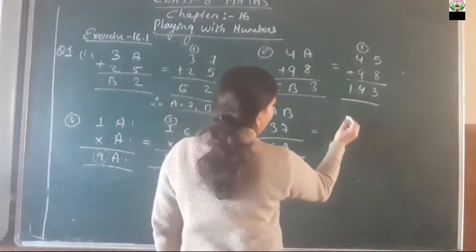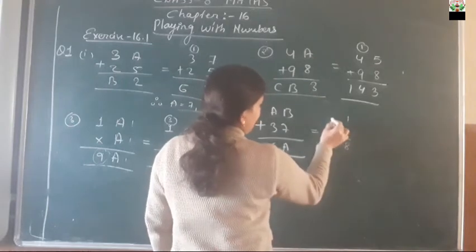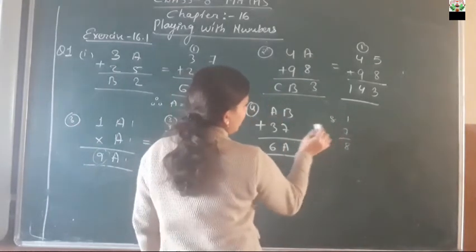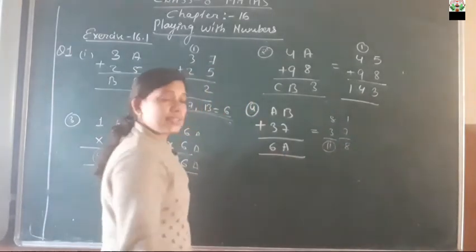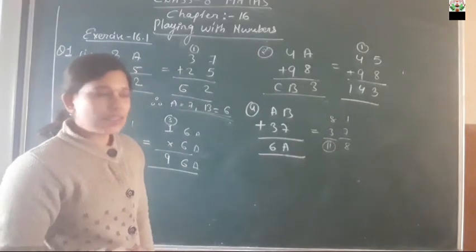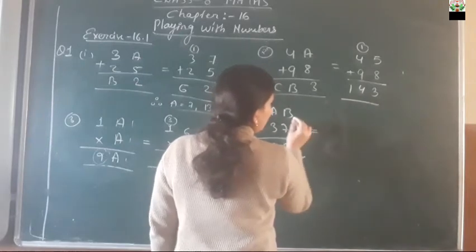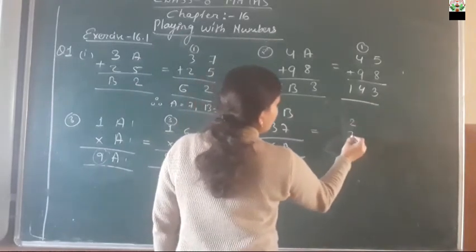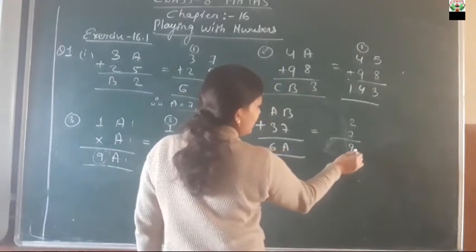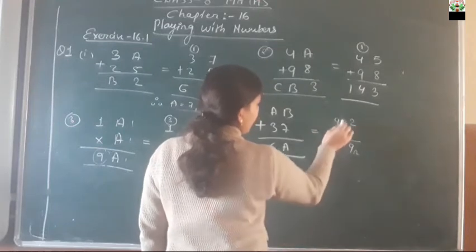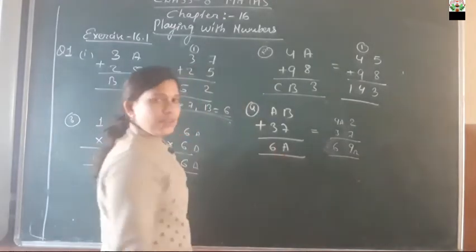Suppose if we take 1 in place of B, so 7 plus 1 is 8. If we are taking again 8 over here, so 8 and here 3, 8, 9, 10, 11. So again 11 is not coming, here we want 6. 11 is coming but we want 6. So we cannot take 1 over there, isn't it? Now again if we take the value of B as 2, so 7, 8, 9. It is 9 coming. Okay. As 9 is A, so again 9 we will take as A. So 3, 4, 5, 6. It is coming 6. That means 6 is coming, isn't it?